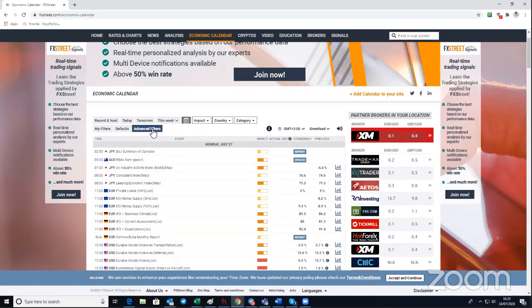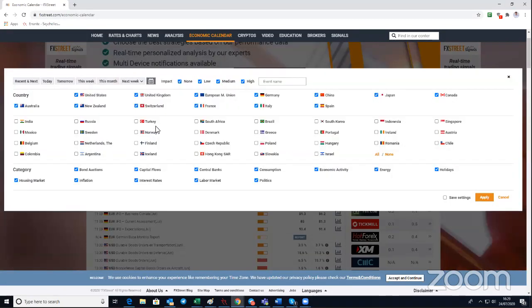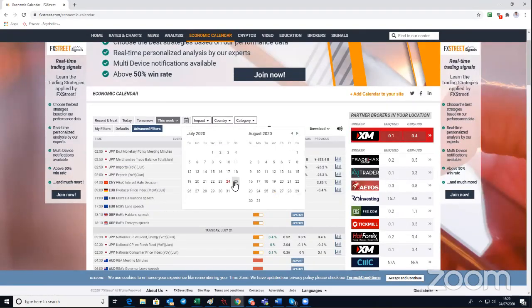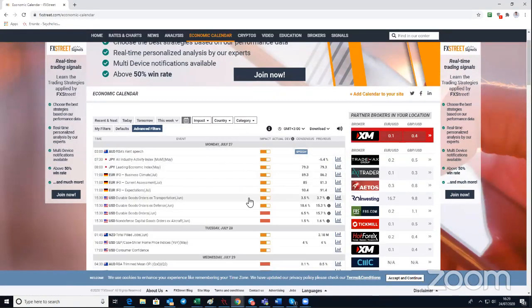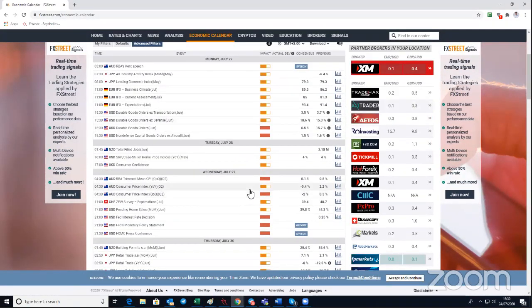Why did I do that? Advanced filter. Okay, I want medium and high. I think we should do it by date, 24th, 25th, and 31st. Yeah, and it doesn't come out. Okay, Tuesday. Now, from Monday itself, we can do it separately on Saturday, Sunday.